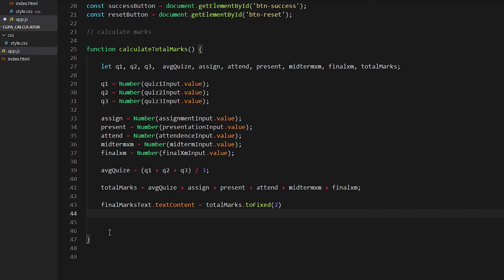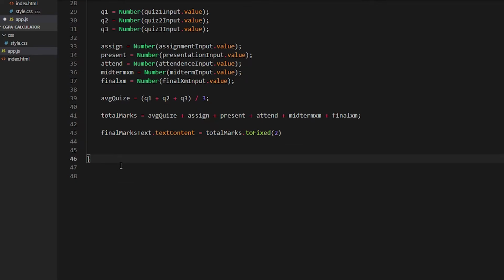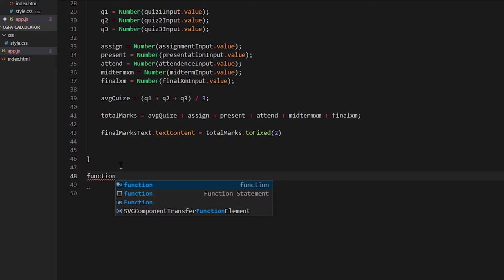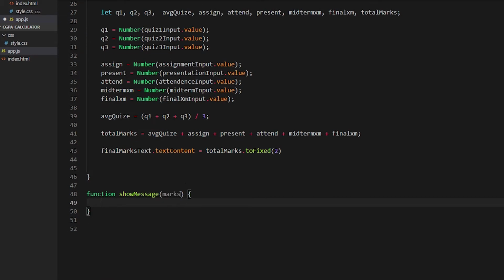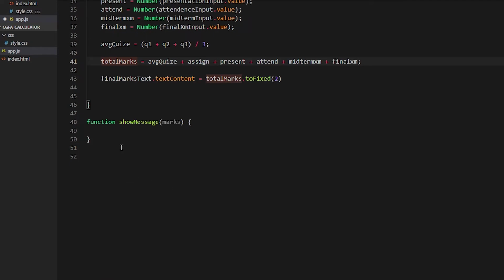For that we need to create a showMessage function. So let me create this function, and it should be showMessage. Okay, showMessage will take a total marks, and based on that mark it will render some information. If